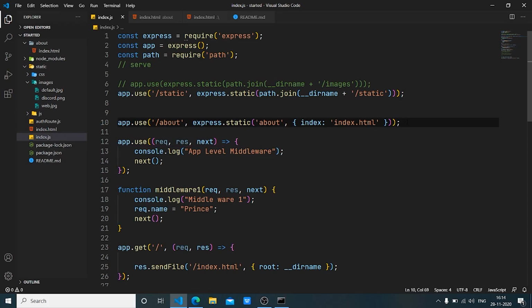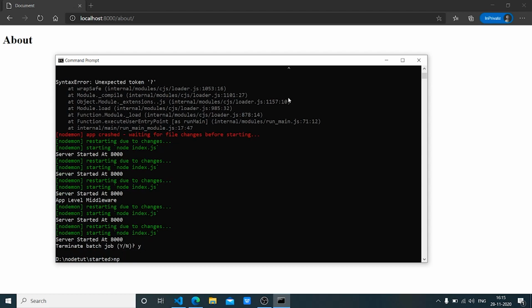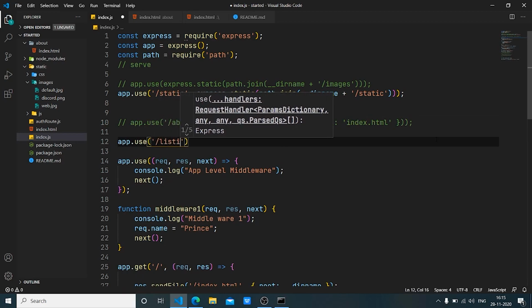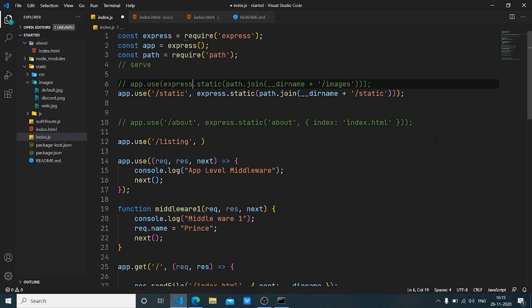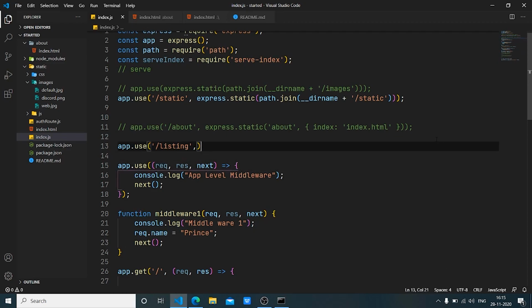And if you want to do something like serving the entire data of some static directory, you can use additional libraries like serve-index. So how that works is that I would just say npm i serve-index, and here I can do something like, let's say app.use and listing, but I'm not going to use express.static. I'll be using serve-index. So here I have serve-index where I'm requiring the serve-index module, and I can go to my listing and say serve-index, and then obviously I need to give it a path,